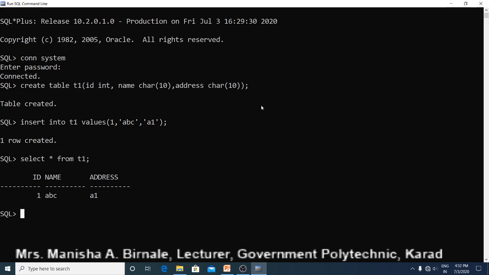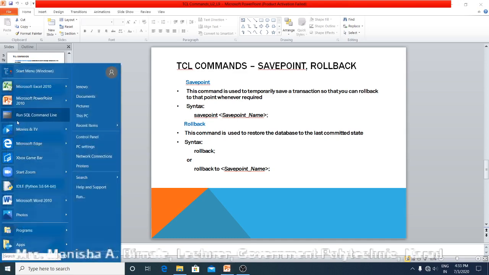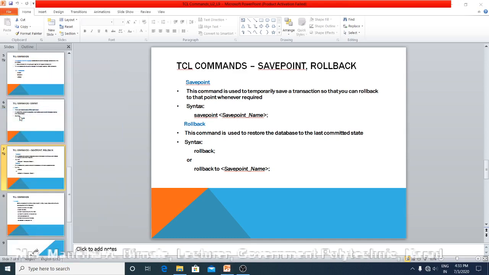Now suppose your database system is terminated abnormally due to power failure or some other reason, the database system has crashed. Let us close this window abnormally. Now let us try to connect to the database once again.